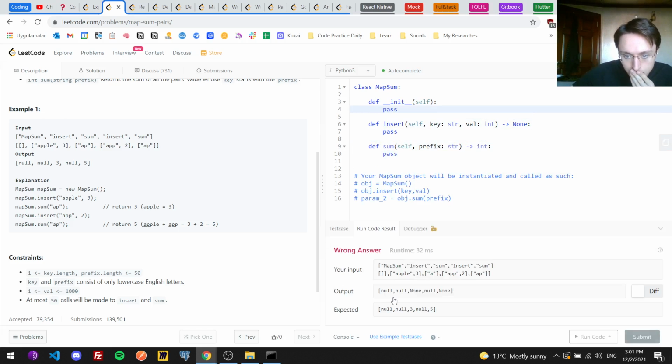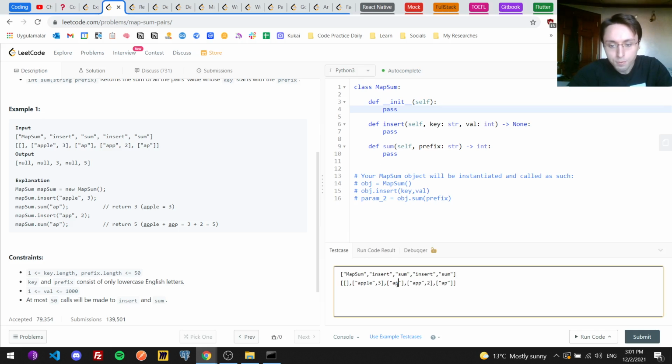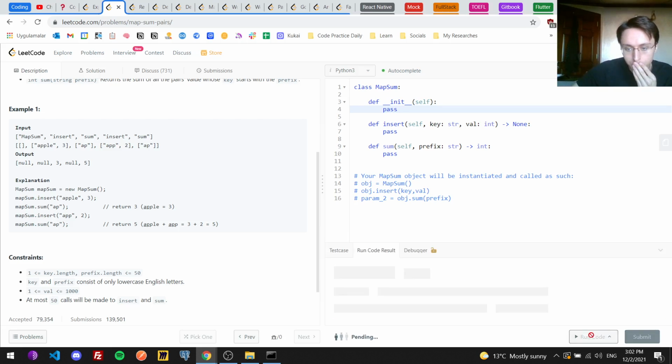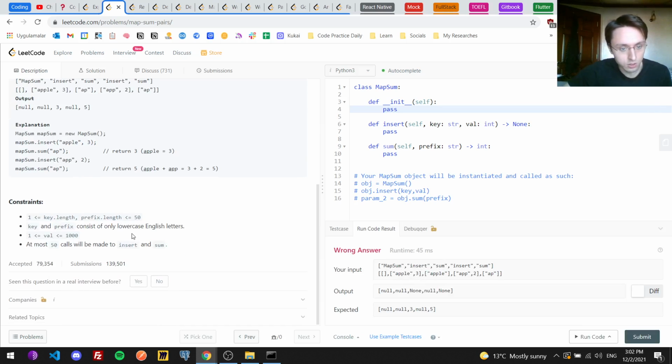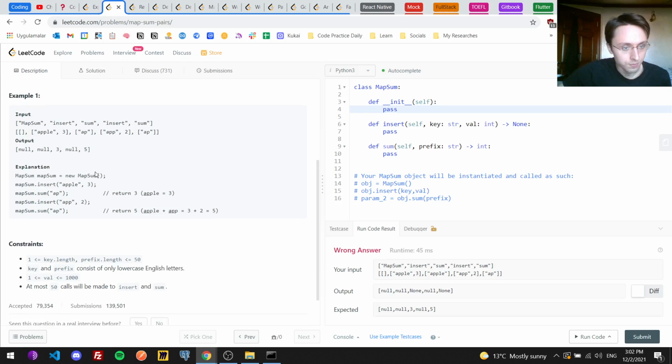Let's see. It should return 3. What about apple? It should return 3 as well, right? But I'm trying to understand the problem here. So when we sum A and P,